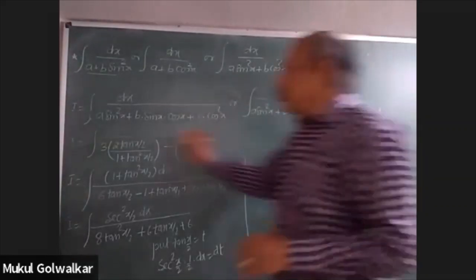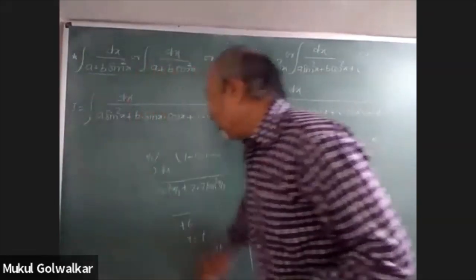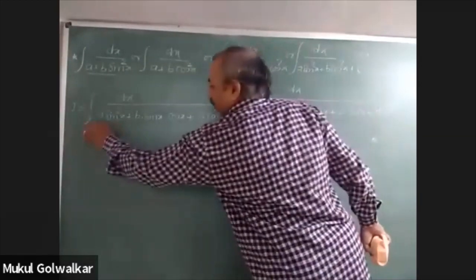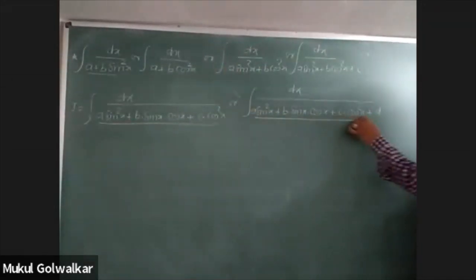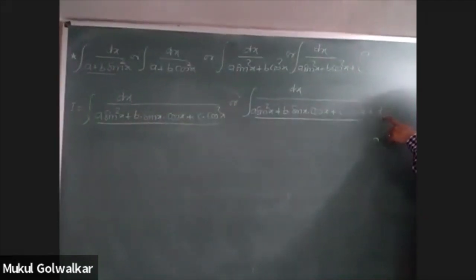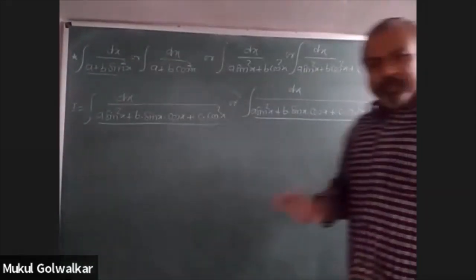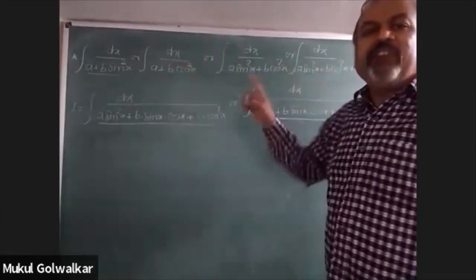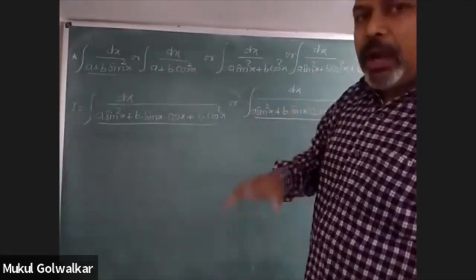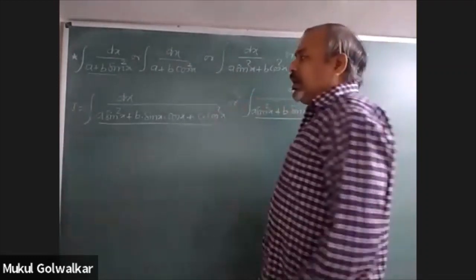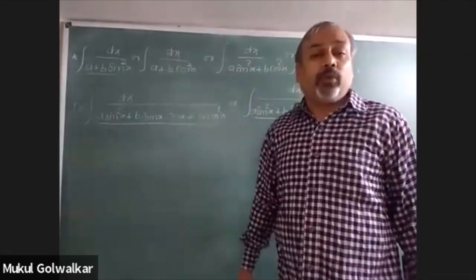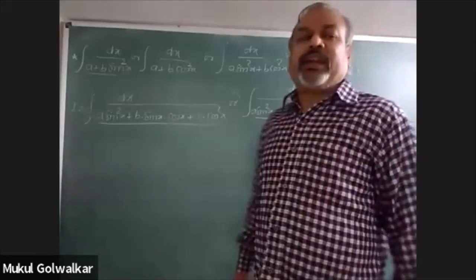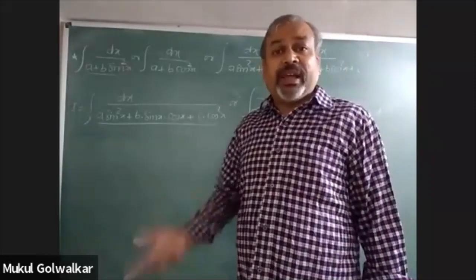That means the last two varieties have got only one difference, the difference of the constant term. Okay, the part containing the variable is exactly the same. There is only one difference of this constant quantity. And for solving this variety of problems, all questions can be solved exactly one way. There is only one way of solving this variety of problem, that is dividing numerator and denominator both by cos square x, or equivalently that can be done by dividing by sin square x also.